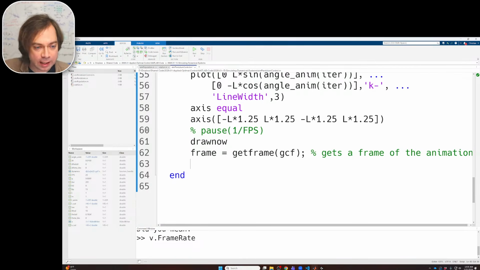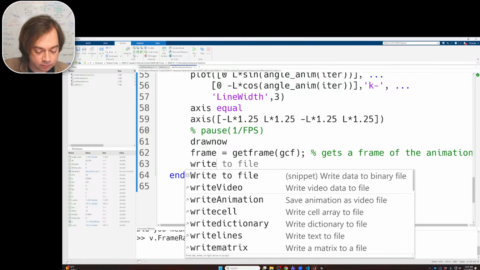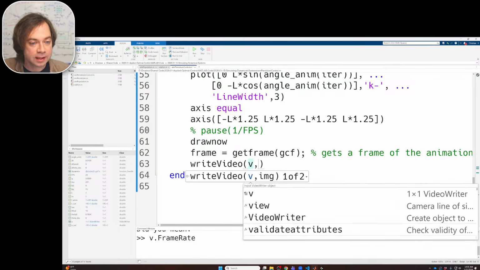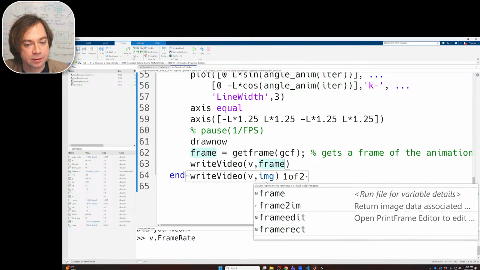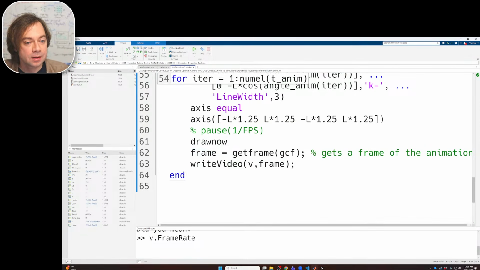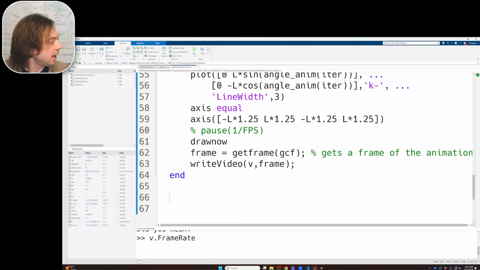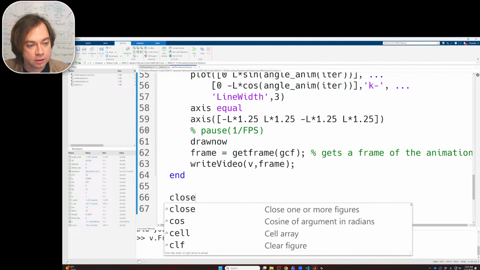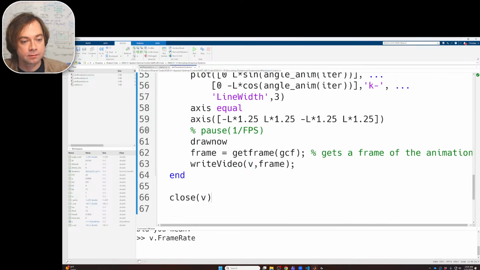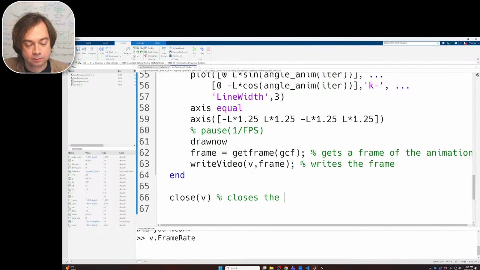All right, and now you can write to the video. You say write video V, and you can write your frame to it. Okay, and then when you're done, you say close your video. Okay, so it gets the frame, it writes the frame, and closes the video. So if you run that,